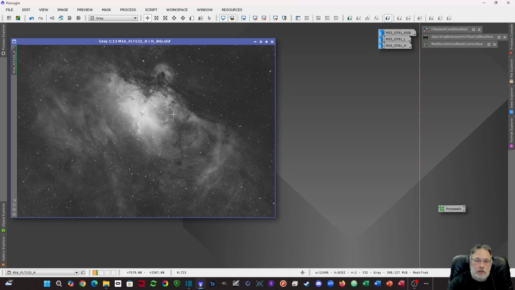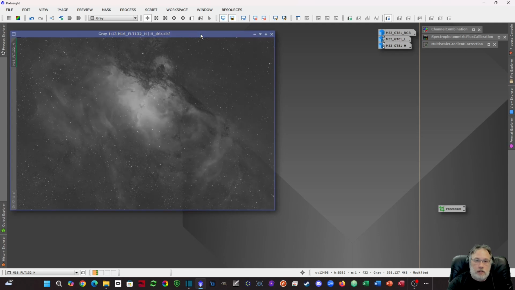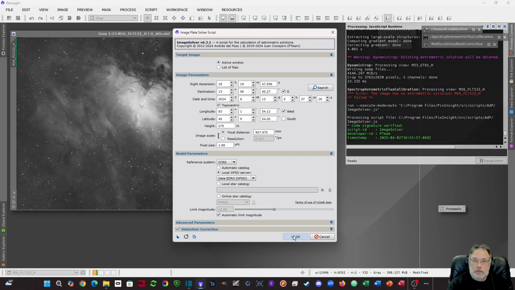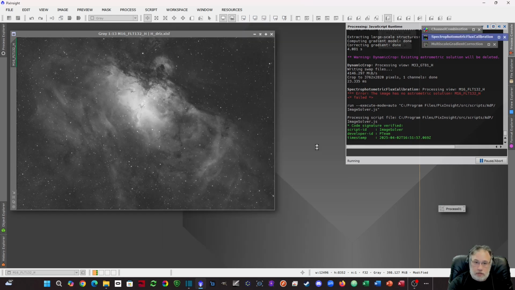The most important channel is going to be in the Mars database most likely, and this is the one where you have the risk of destroying structures with other methods, whereas multiscale gradient correction used properly doesn't have that issue. So I'm going to image solve this,